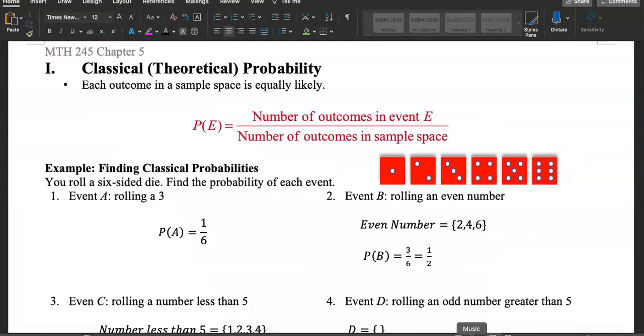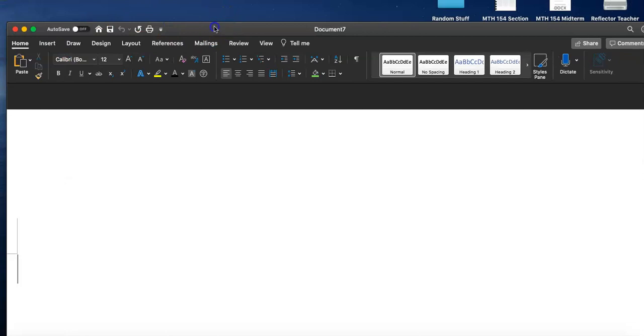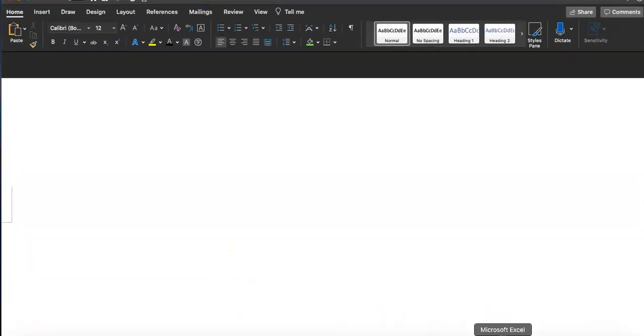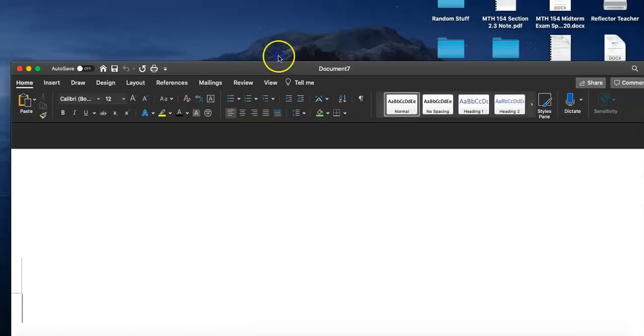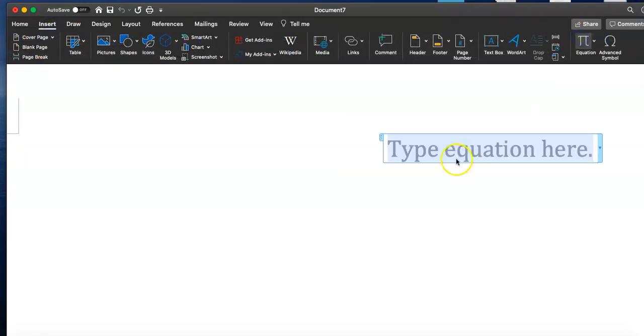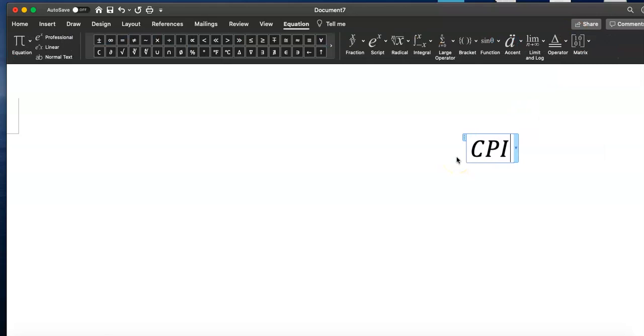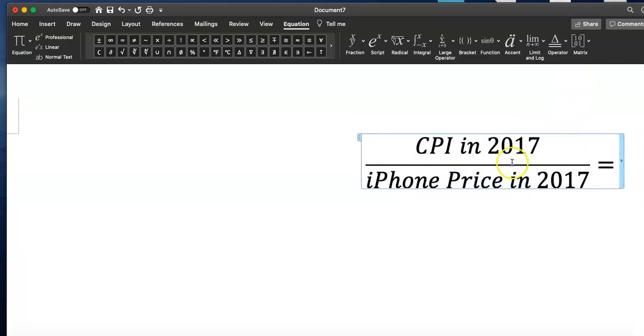Okay, so let me open up a Word doc. All right, that's for my probability statistics class. All right, and then I will just do some side work over here, and then I will type in that work as a formula. So here's my plan. Take a look. I'm going to set up a proportion that compares CPI in 2017 over iPhone price in 2017, and I will set it equal to